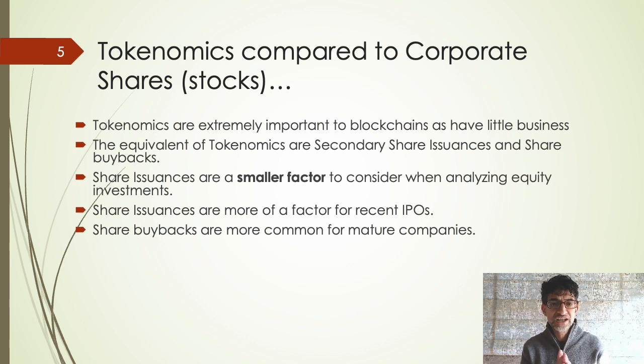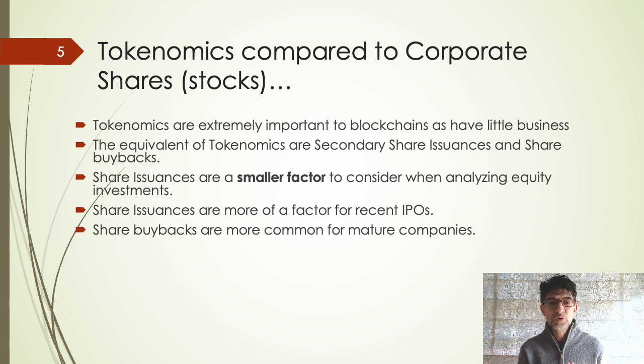Okay, before we get started, tokenomics, you can compare this to corporate shares, like a stock, like Apple Computer or IBM. We all know that Apple Computer and IBM are always talking about buybacks. It's always buybacks and buybacks. Why? Because these are mature companies, have a lot of cash flow, and some people, I hate to say, feel that there may not be any growth left in these companies. Both Apple and IBM are tech companies, there should be growth. But it's a lot slower than it used to be, so people want their money back.